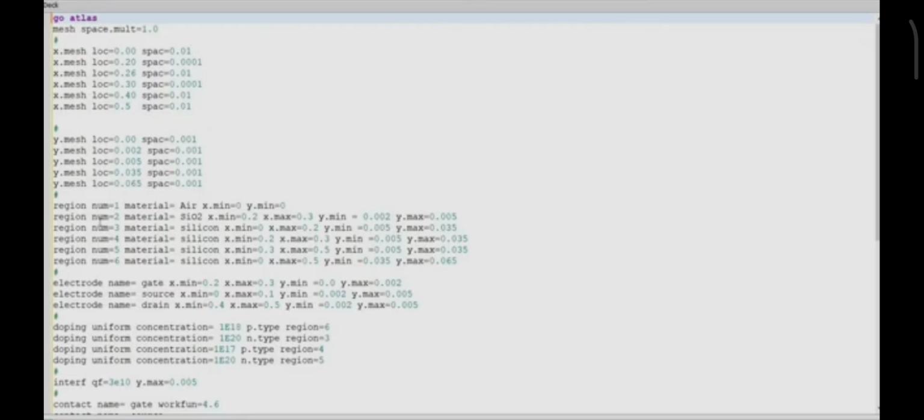In the third region statement, silicon material is placed in this particular region from 0 to 200 nanometer in the x direction and 5 to 35 in the y direction. In the fourth region statement, silicon is again placed for 200 to 300 nanometer in the x direction and 35 to 65 nanometer in the y direction. In the next region statement, silicon material is again placed for all the region, meaning the source region, drain region, channel region and the bulk